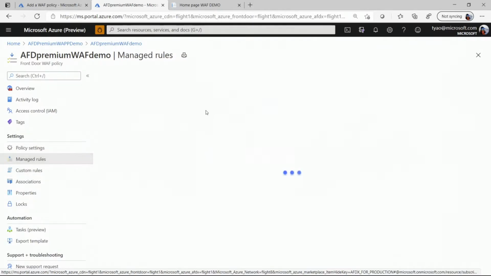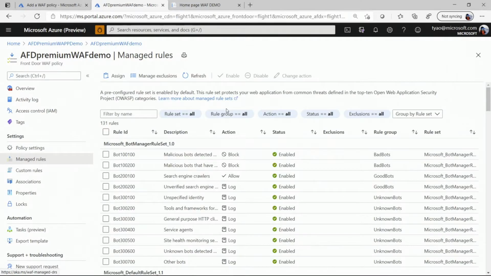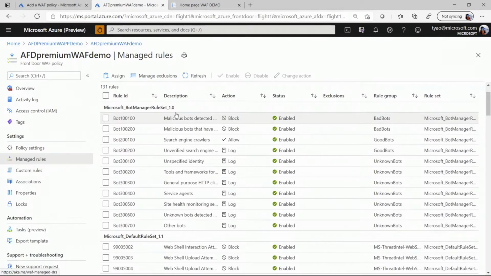So now in WAF here, in the managed rules, in this case, I have chosen both our bot manager here, as well as our default rule set against OWASP top 10 vulnerabilities. In bot rules, you can see there are 3 different categories. They are malicious bots. Those malicious bots are based on IP reputation powered by Microsoft Threat Intelligence, or they can be bots that are trying to fake their identities.